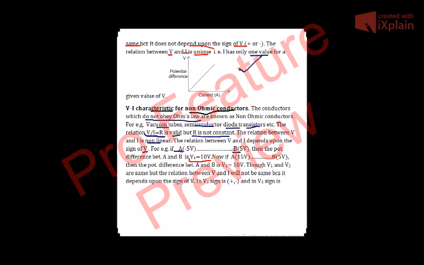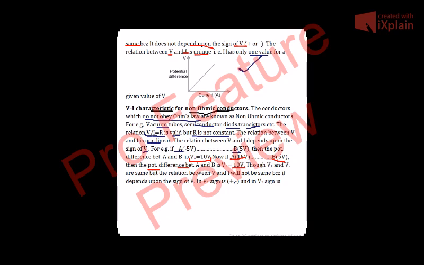You can use the above formula, and you will see that it will be minus 5 minus 5, that is minus 10, but the absolute value of minus 10 is plus 10, or it can be 5 minus minus 5, meaning 5 plus 5, that will be 10. The absolute value of plus 10 is also 10. So the potential difference V1 is 10 volt. Now if again we have 2 points A and B, where the potential at point A is 15 volt and the potential at point B is 5 volt, what is the absolute potential difference? It is again 10 volt. V2 is again 10 volt. 15 minus 5 is 10, or 5 minus 15 is minus 10, but the absolute value is the same, that is 10 volt.